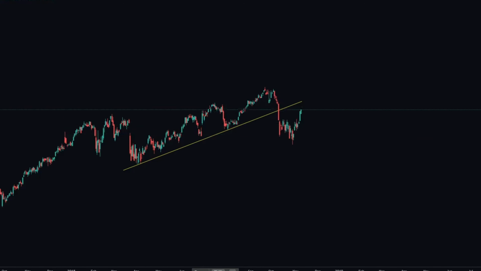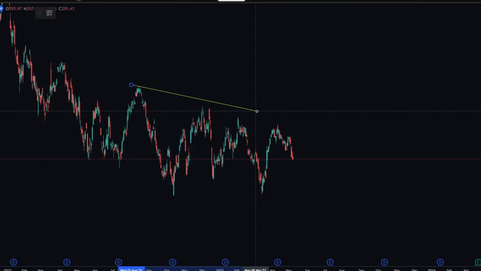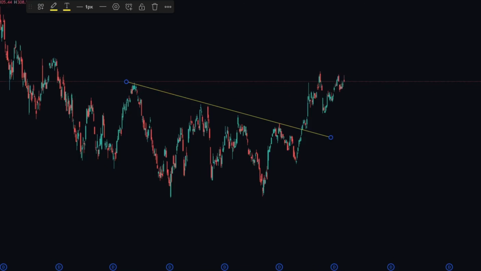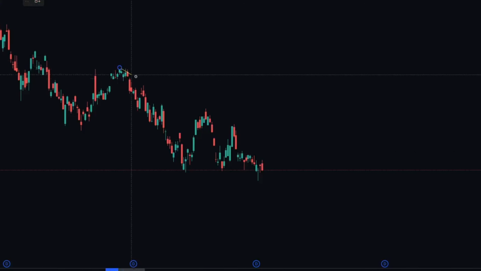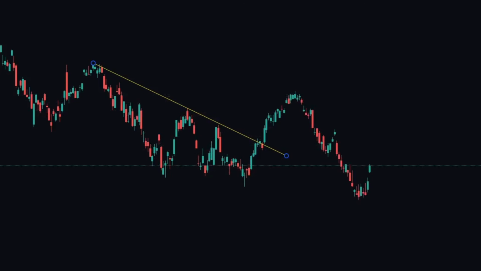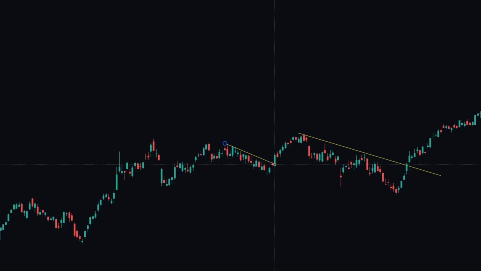These patterns are so broad, so generic that of course price will occasionally break a trend line and move in the expected direction. Price lives on an X and Y axis. It can only go up or down. If price is destined to go up, sure it will break some trend lines on the way. But that doesn't mean the trend line made price go up. That doesn't mean it will happen the next time or the time after that.